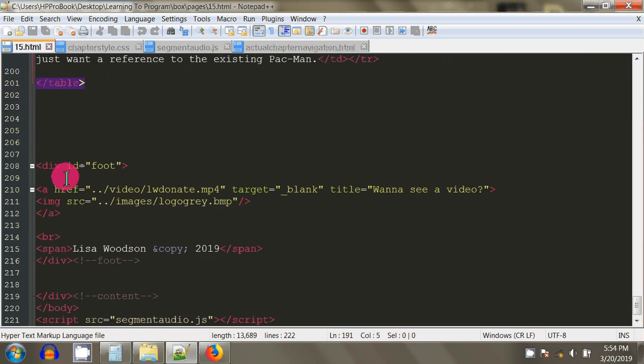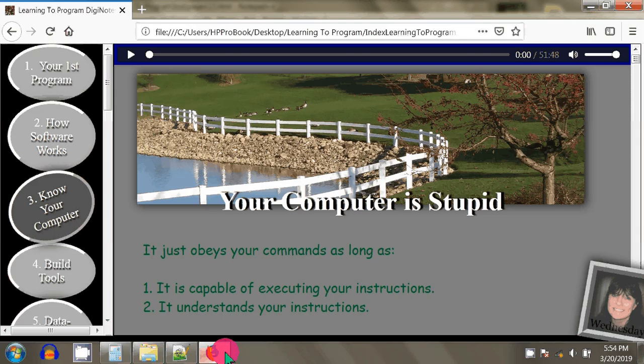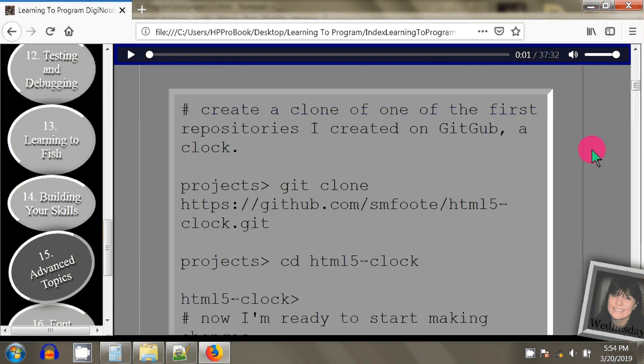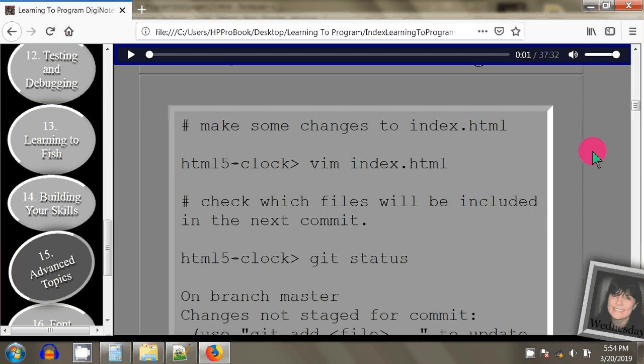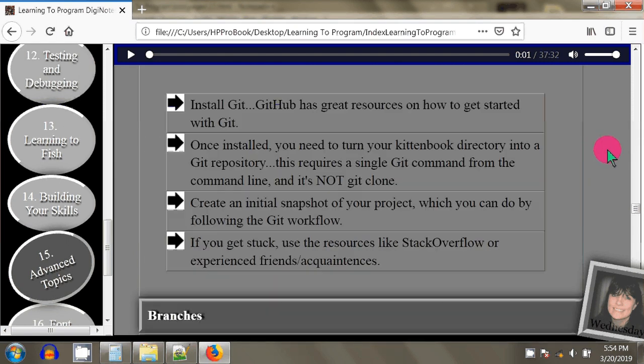So let me open up and go to page 15 really quick. Here's an H1 header, version control. I click it, my MP3 starts reading. And I stopped it so I wouldn't have to hear it, but you would see the seconds keep going. It's going to read all of this information, these tables and these pre tags and paragraphs and all this other stuff, list items, until it gets to this piece of information. When I click this header,